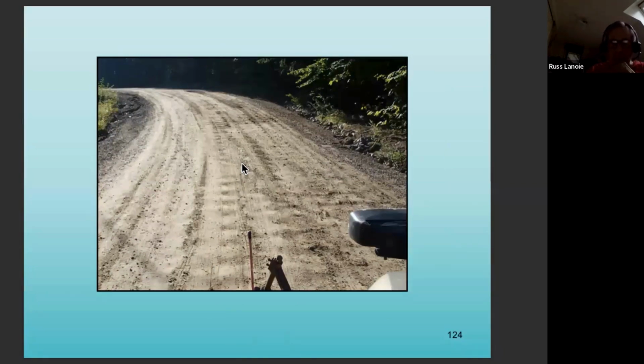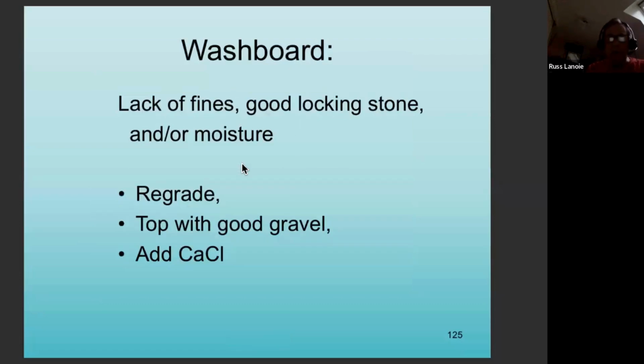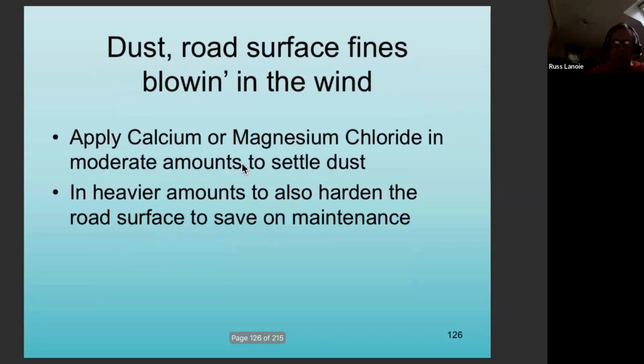Washboard, very common. Why? Lack of fines, good locking stone, and dry. The answer to this is to regrade and top it with good gravel if you've got poor gravel, and add calcium chloride. Now that sounds counter to somebody trying to protect a body of water. However, they've found that calcium chloride, unlike sodium chloride,